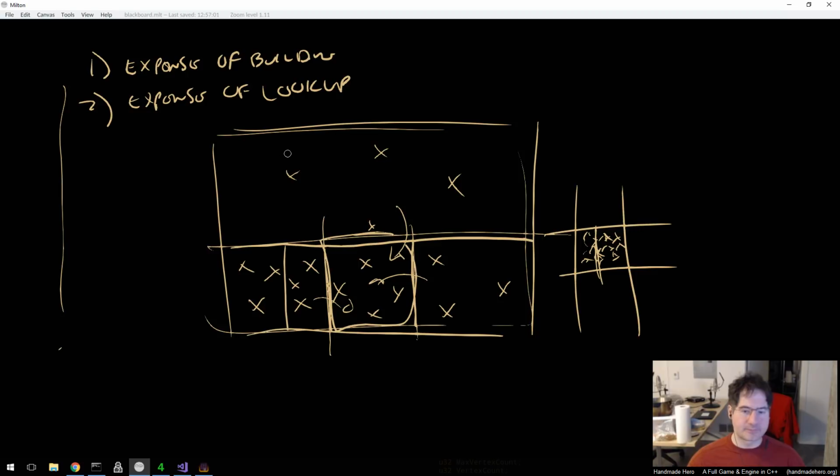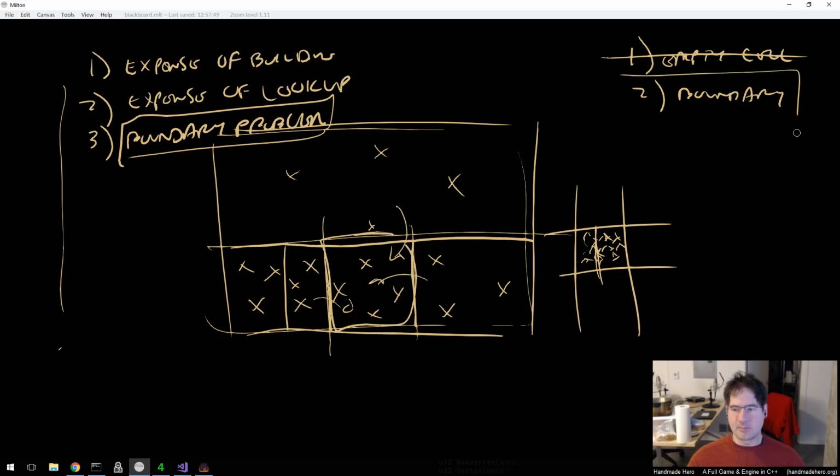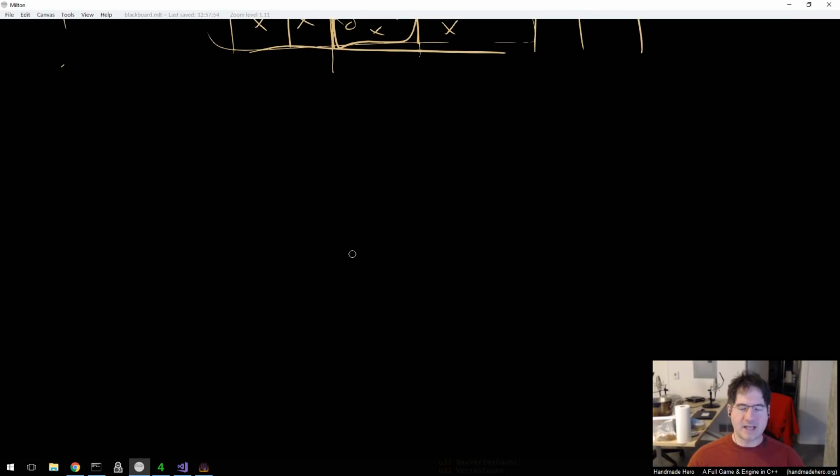So the third thing is the boundary problem. And that is that while this would fix the empty cell problem, right? Voxels have the empty cell problem, and they also have the boundary problem. It would fix the empty cell problem, but the boundary problem remains. And what's that problem? Well, in either case,